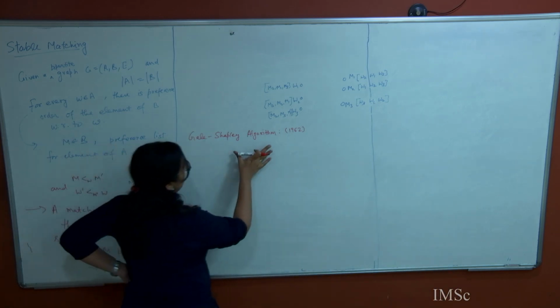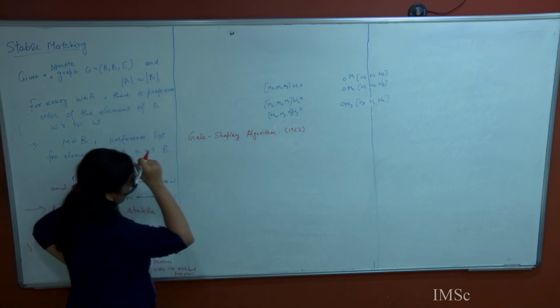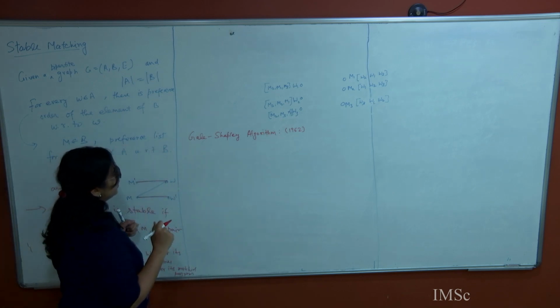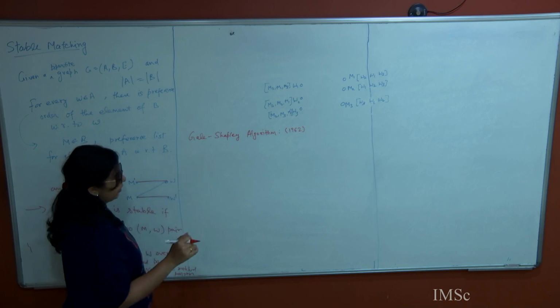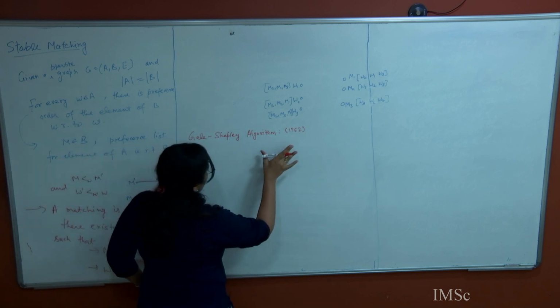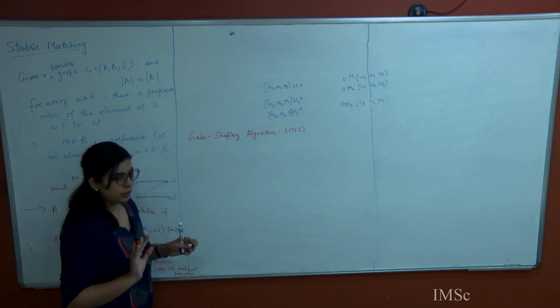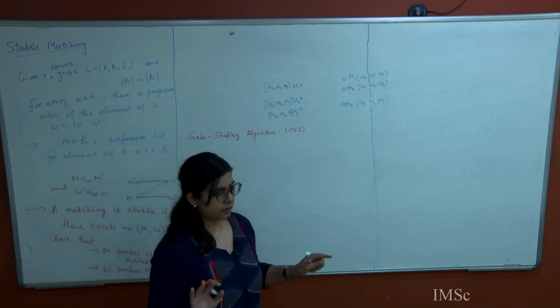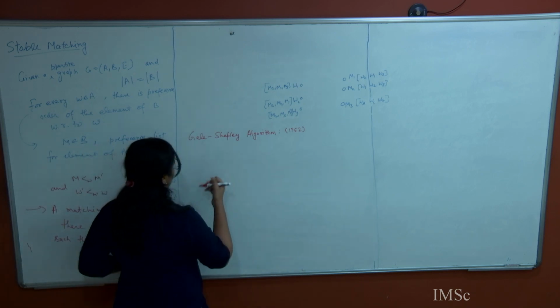Okay, so to find a stable matching in this setting, we'll use the Gale-Shapley algorithm. What this algorithm says is that initially all the men and women are free. Okay, so first